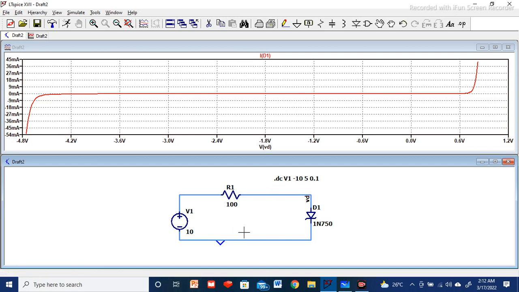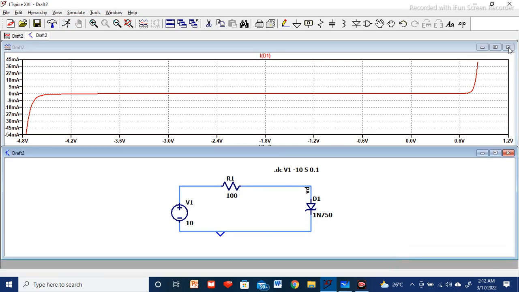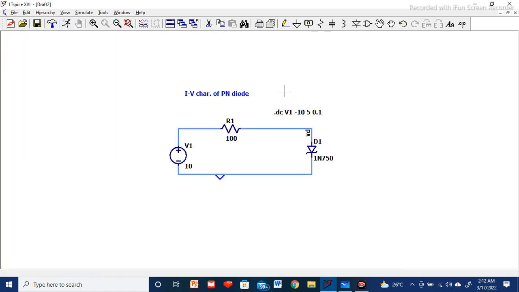After this, we go to the run option and simulate the circuit. You can see this kind of graph you'll get. I have already done it, that's why it was not visible.